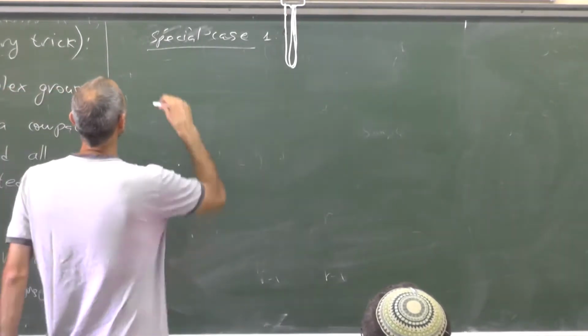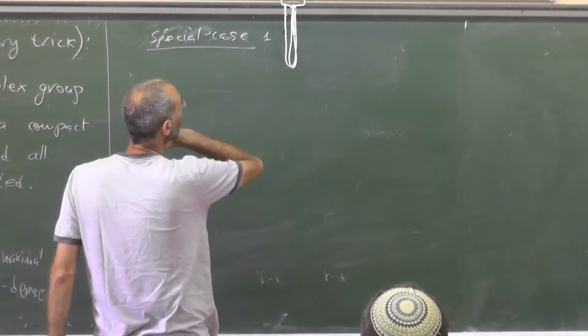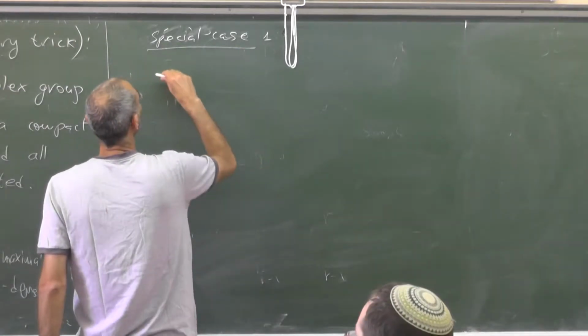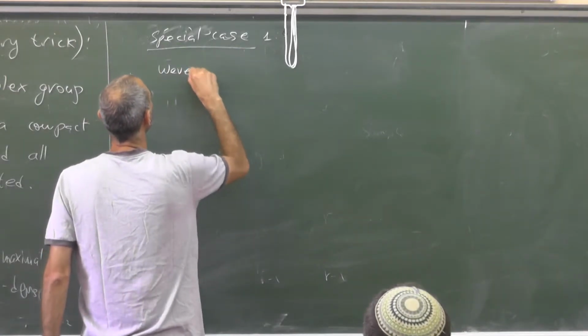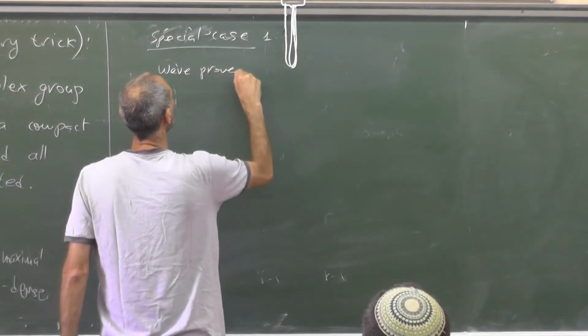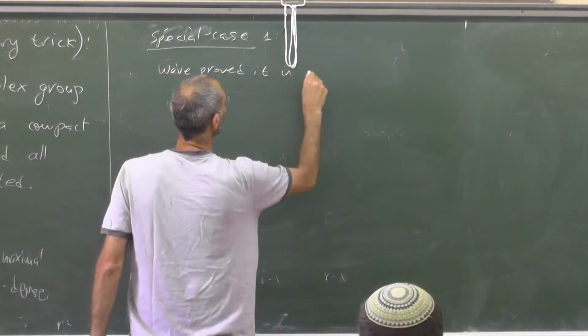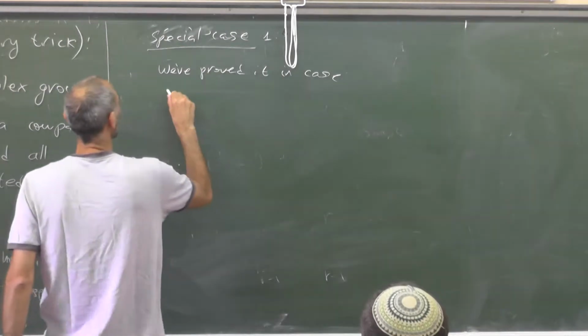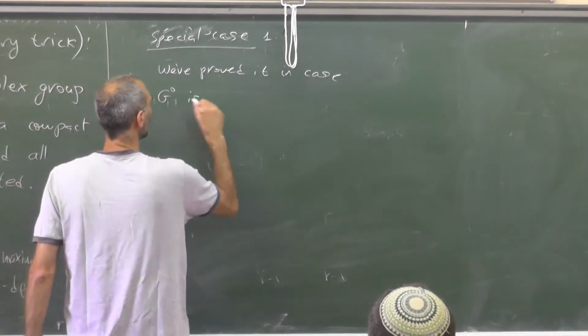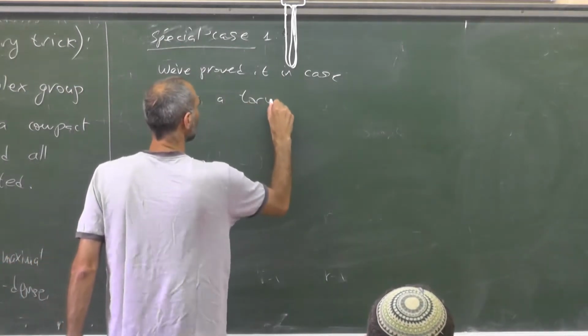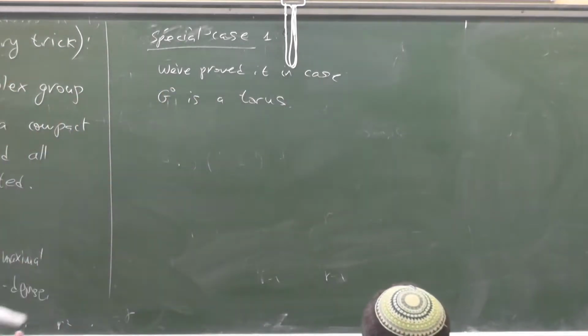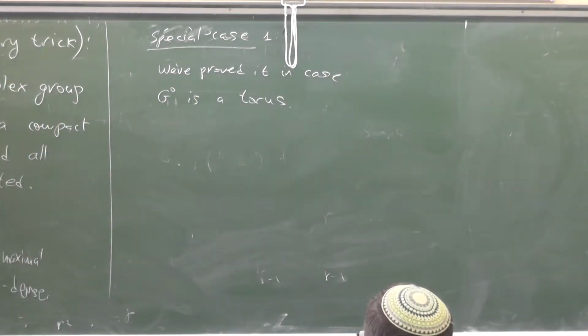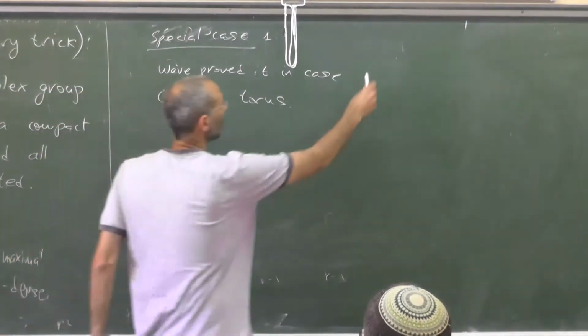Special case that we proved it in the case that G naught is a torus. So G is a finite extension necessarily here of a torus. Let me remind you,